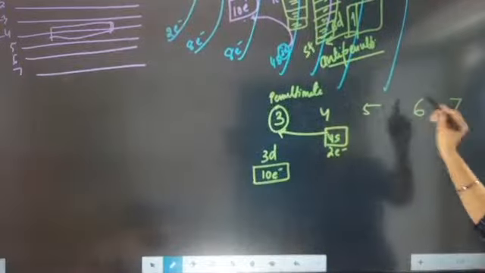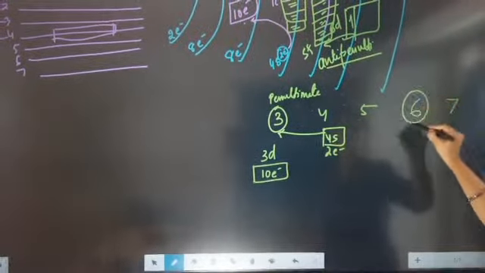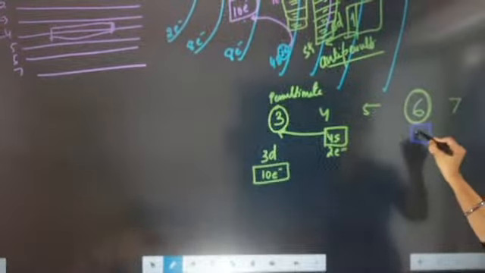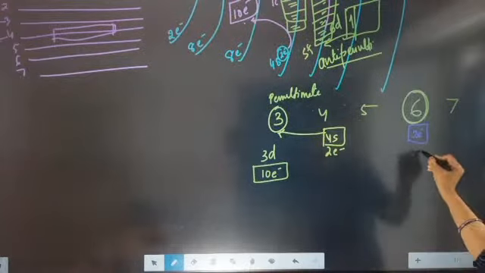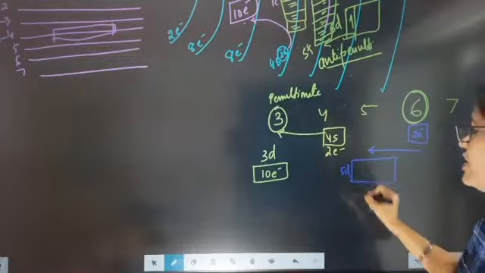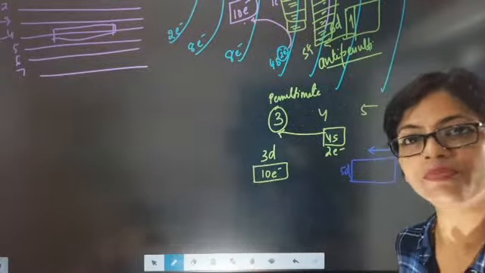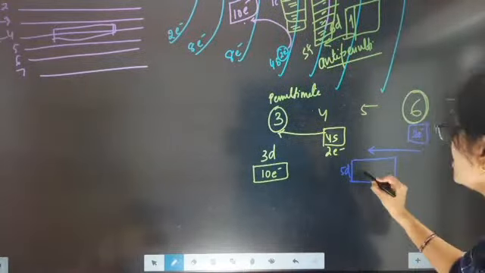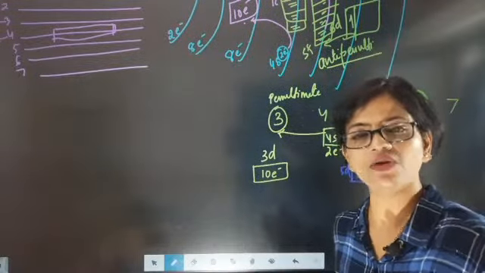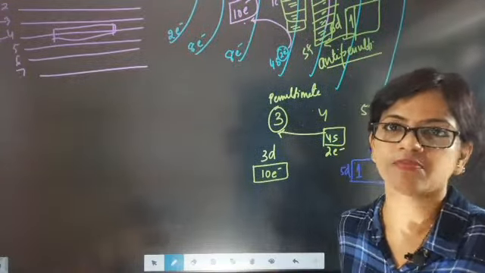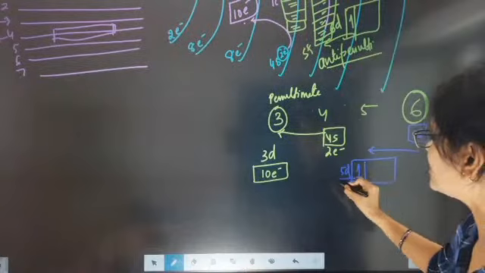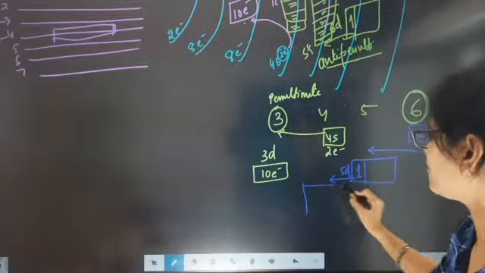But when you are in the 6th orbit, and here you filled 2 electrons, and then you went 1 step inside to 5, you were supposed to fill 5d, 10 electrons, but you didn't fill 10 electrons. You only filled 1 electron, and after filling 1 electron the name of the element is lanthanum. But after that, rather than filling 10 electrons here, what did you do? You jumped 1 step inside and went to 4f